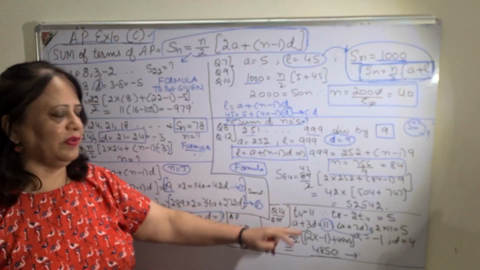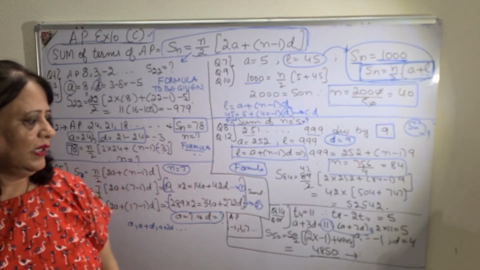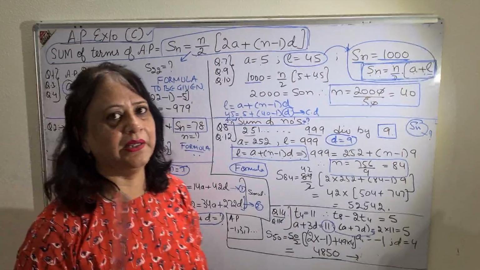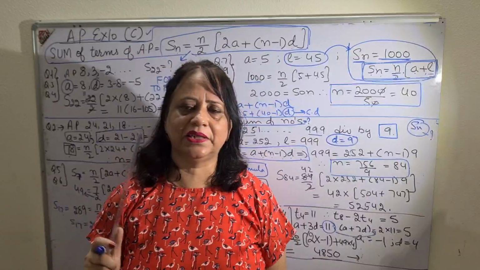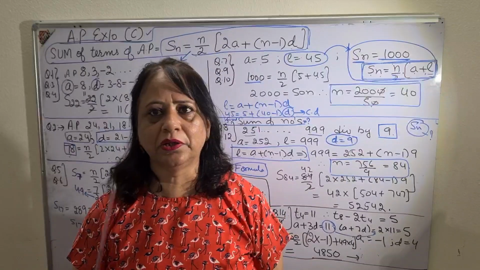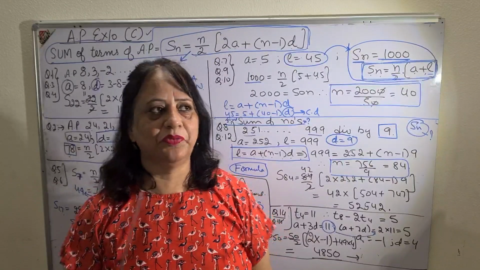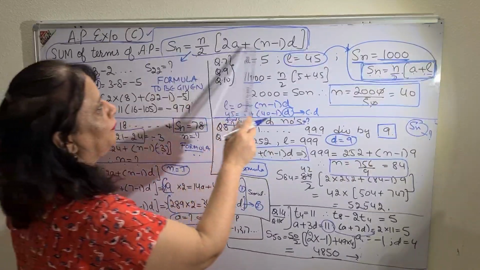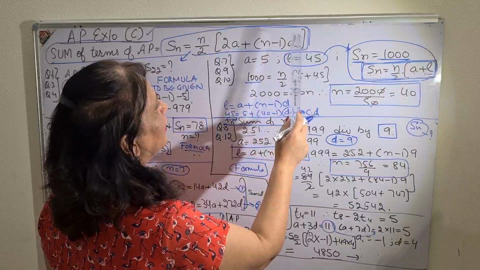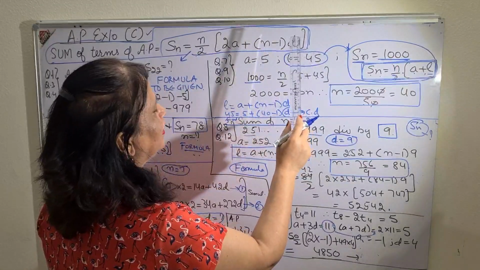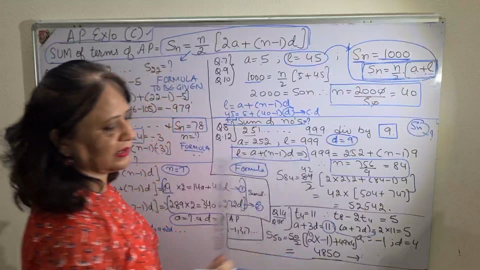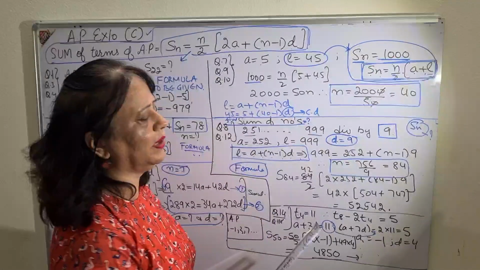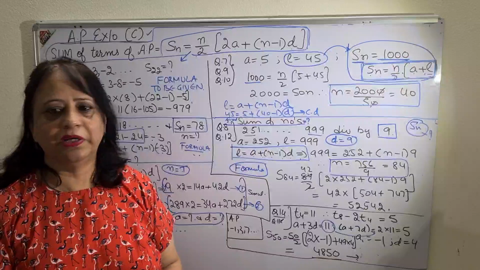This type of sum we have also done in the last 2 exercises, just to find the values of a and d. The only difference is that in this exercise 10C, we are using the sum formula. I am again telling you, Sn is equal to n by 2, 2a plus (n minus 1) into d. Please be careful children. Read the sums nicely, see the video nicely. If there is any problem, you know where to clear it and when to do it.